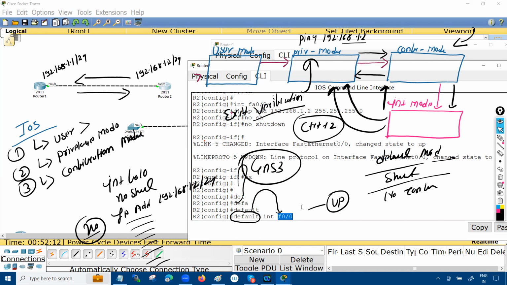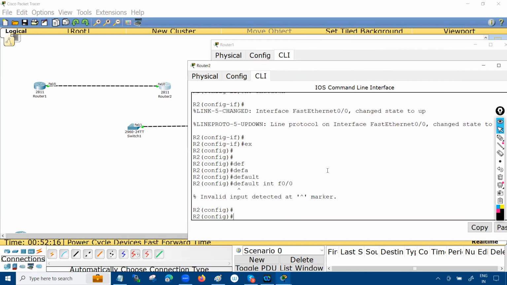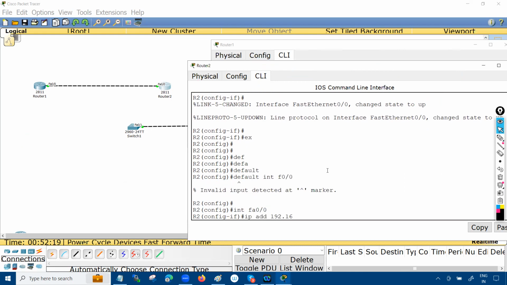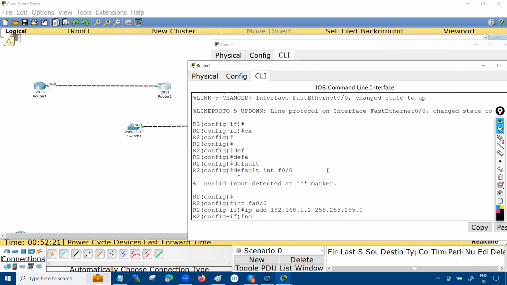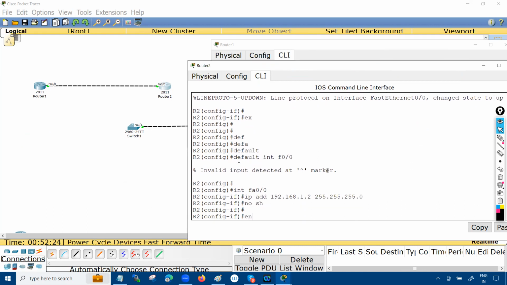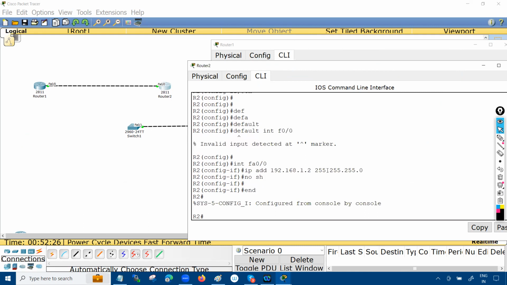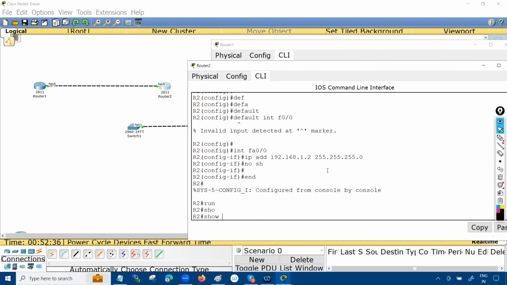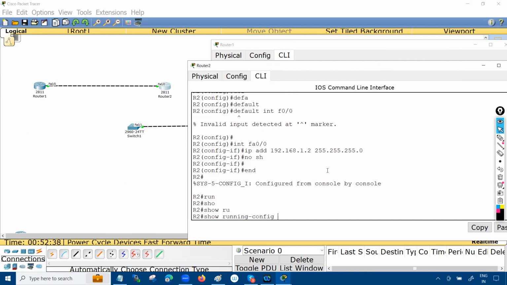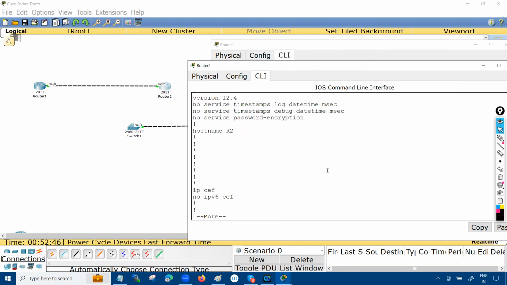Okay, thank you. Now, all this configuration, let me add it again. And all this configuration is stored in your router memory, and that is called the running config. So I want to see the running config. Running config means whatever the things are present on the router right now. If I just press enter, you can see that